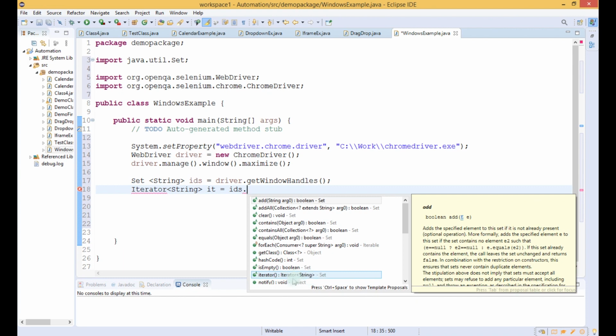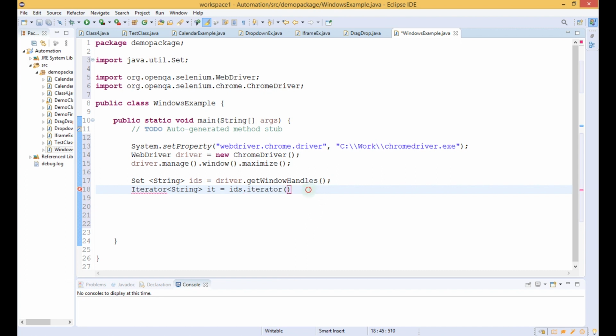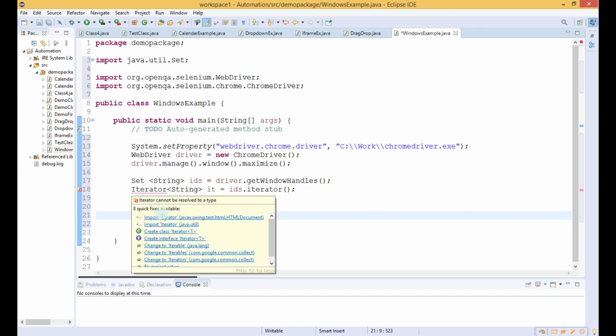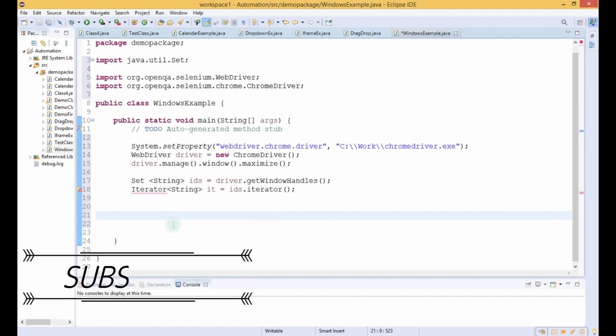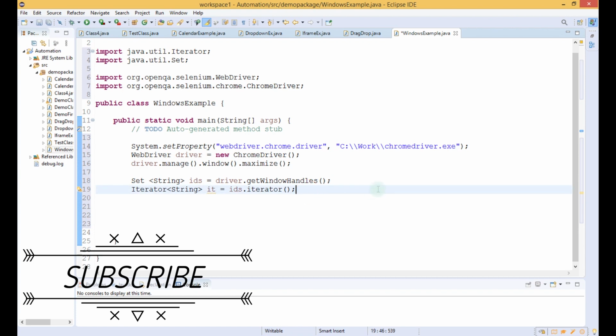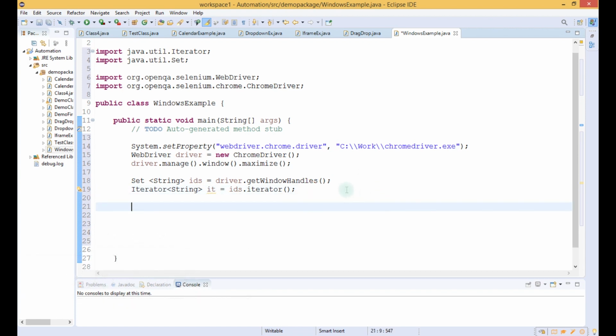The same thing we have written on the left side. We will double click on this and the error is displayed. We bring our cursor over here and import java.util.Iterator. So now the error is gone. We have successfully got the window handles, and after that we will iterate using the iterator to our desired window handle.